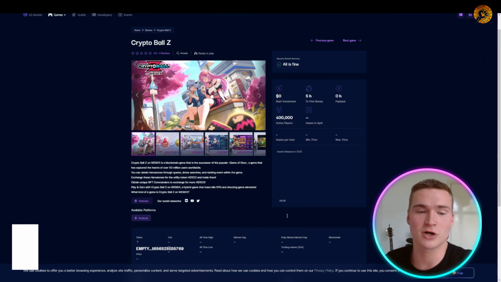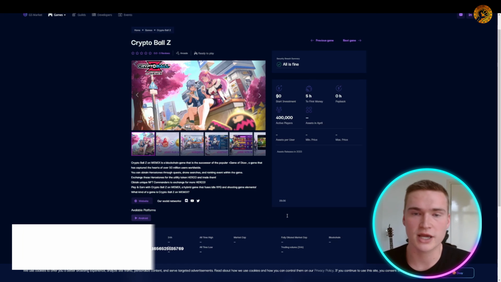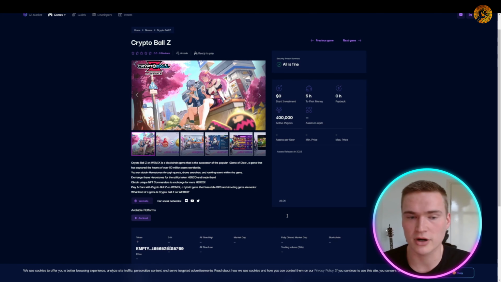Now, the last project we'll talk about is called Crypto Ball Z. This is on Wemix again, and it's a blockchain game that is the successor of the popular game Dice, which is a game that captured the hearts of over 50 million users worldwide. So in this game, you can obtain hero stones through quests, drone searches, and ranking events within the game, and actually exchange these hero stones for the utility token HERCO, H-E-R-C-O, and trade them to actually make some money while